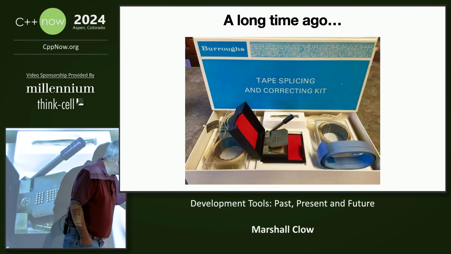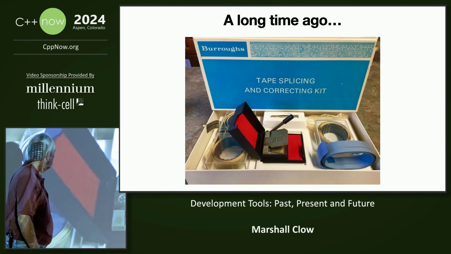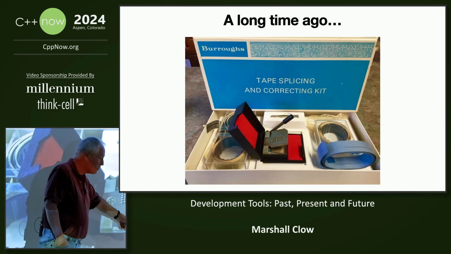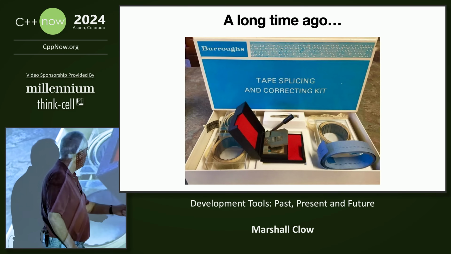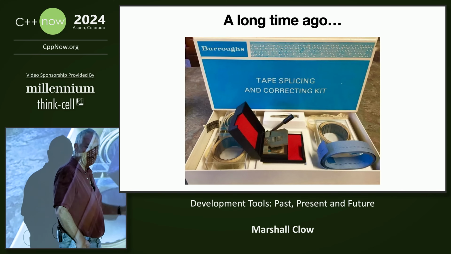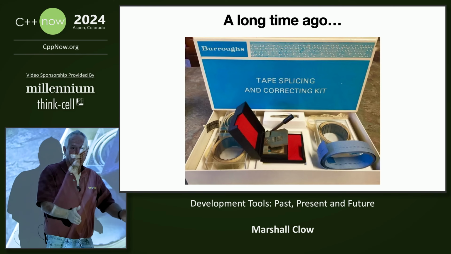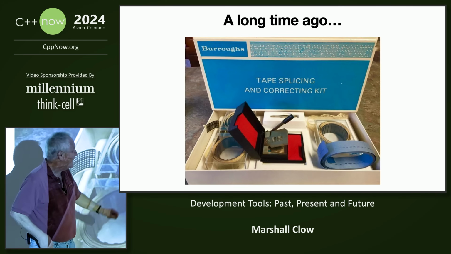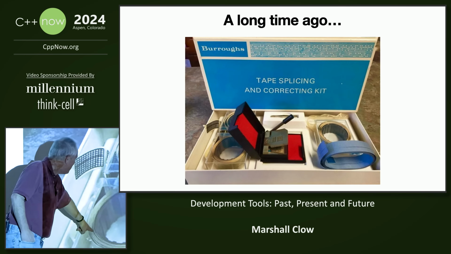You have paper tape that you fed in through a reader to load data into a computer. This has a holder that you can put over the tape so you can punch additional holes. You can edit the software. It has a knife that you can splice it. It has tape that you can join two pieces together. You can snip out erroneous code. You can splice in new routines and then punch them out. What? Cut and paste. Cut and paste, you bet. Tape, it's got tape.